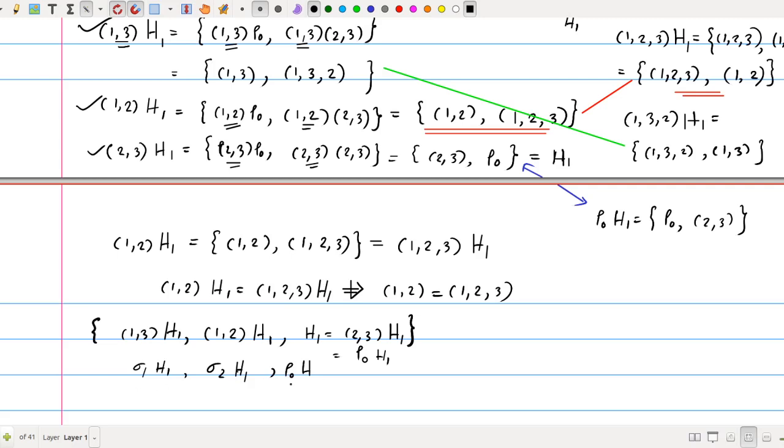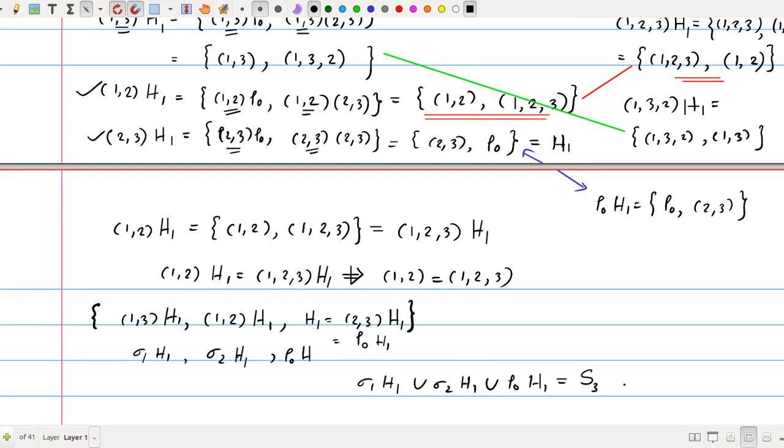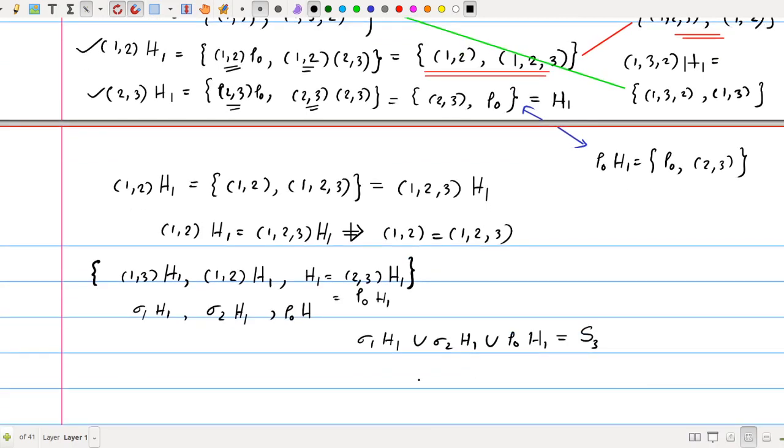So if you consider these three cosets, you can say that sigma 1 h1 union sigma 2 h1 union rho naught h1, these are the distinct ones. So this gives the whole group S3 itself. So that will be a partition of the whole group. Similarly, the intersection of sigma 1 h1 and sigma 2 h1 will be empty. Similarly, any pairwise